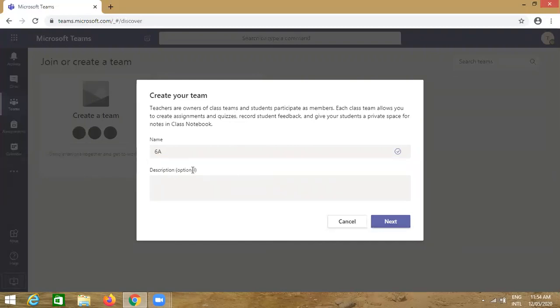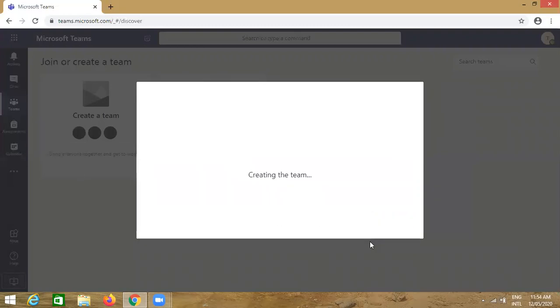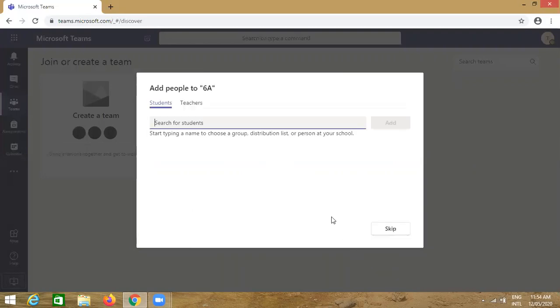Here in description also you can give, but that is not required. So after entering the name of your team or your class, you can click the next button. Now the class is created.